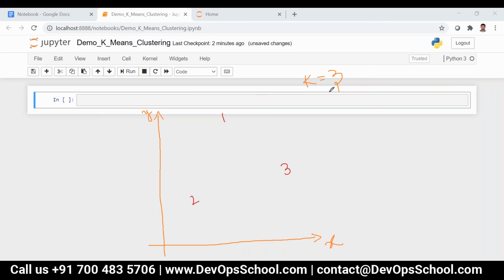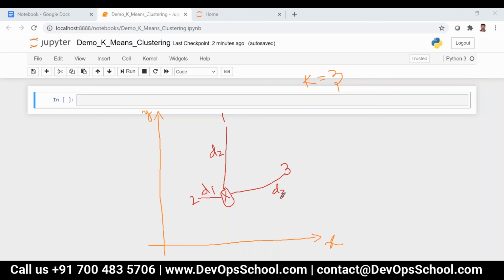Now consider one new data point is coming at this particular point. The distance between this point and each and every centroid should be calculated. Let's say this is D1, this is D2, and this is D3.